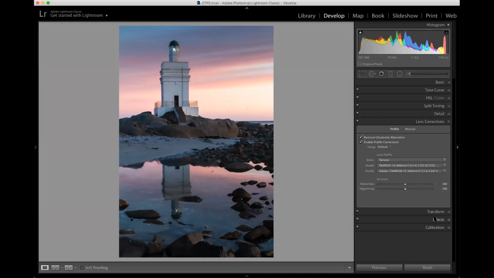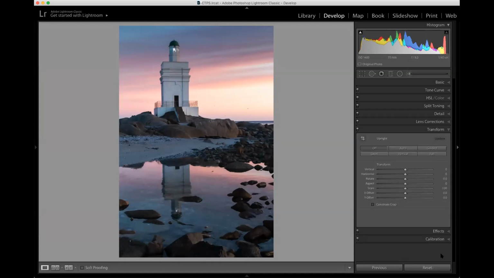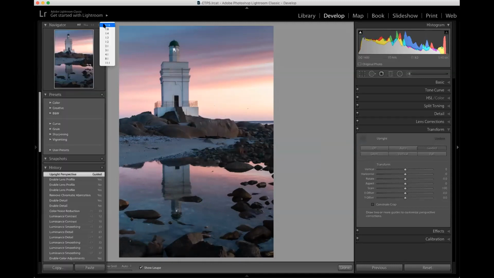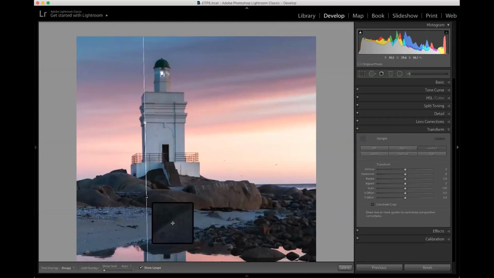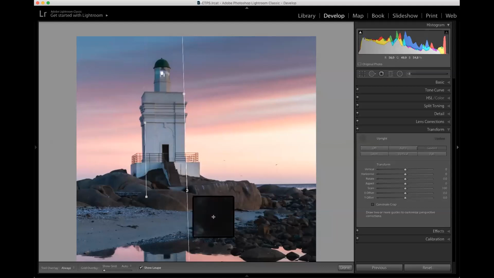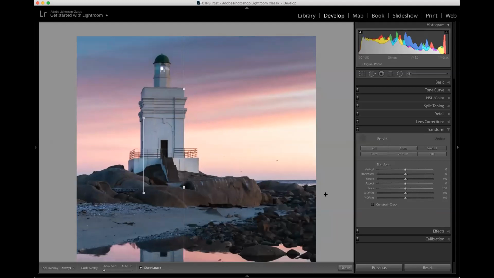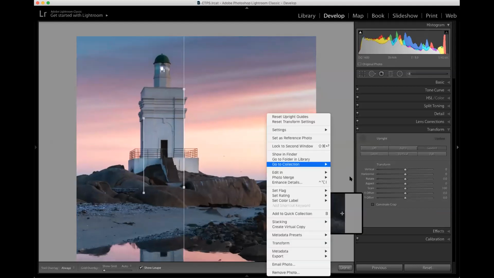And then lastly, just to make sure everything is nice and straight, we're going to use the guided transform, which allows me to define or to tell it which things I want straight. I'm going to just zoom in a little on the building. There we go. So I'd like the building straight, and I'm going to tell it I would like this side of the wall and this side of the wall to be perfectly upright and perfectly parallel to one another. And what it does is it applies whatever distortion is necessary to